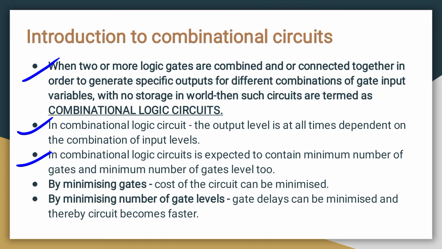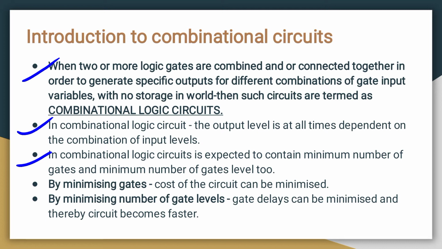That means you can put 2 gates in a vertical line, a minimum of 1 vertical line of gates, then you can increase the vertical lines. That means if you put 2 gates in the first line, in the second line you can put 3 gates, and in the third line a single gate. But level is the vertical line. So how are you going to define the first line or a second line? So you need a minimum number of gate level lines.